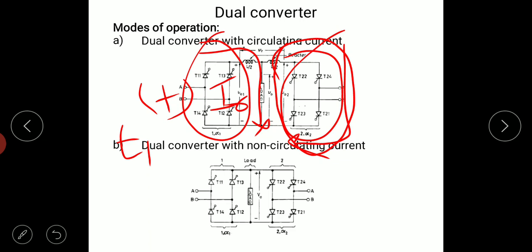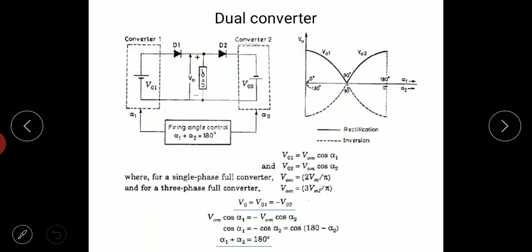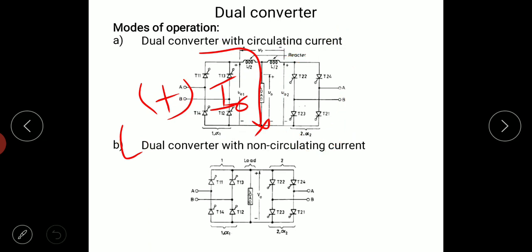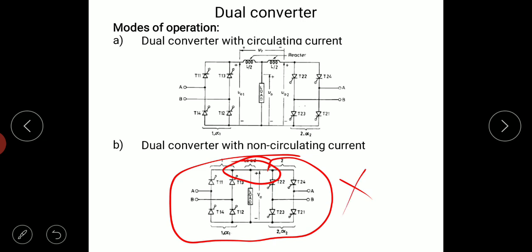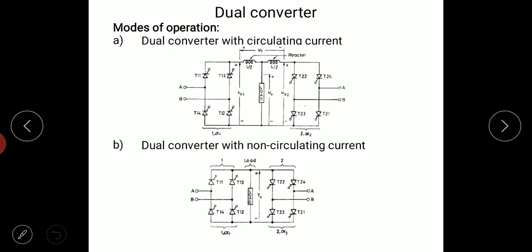But if we use the non-circulating type, then in case of non-circulating type, there is no reactor connected in between. That means both these converters cannot operate simultaneously. If you operate these converters simultaneously, then there will be enormous circulating current which can damage the SCRs. So here, if I0 current is initially positive and later on at a certain time t1 we require the current to get negative, then